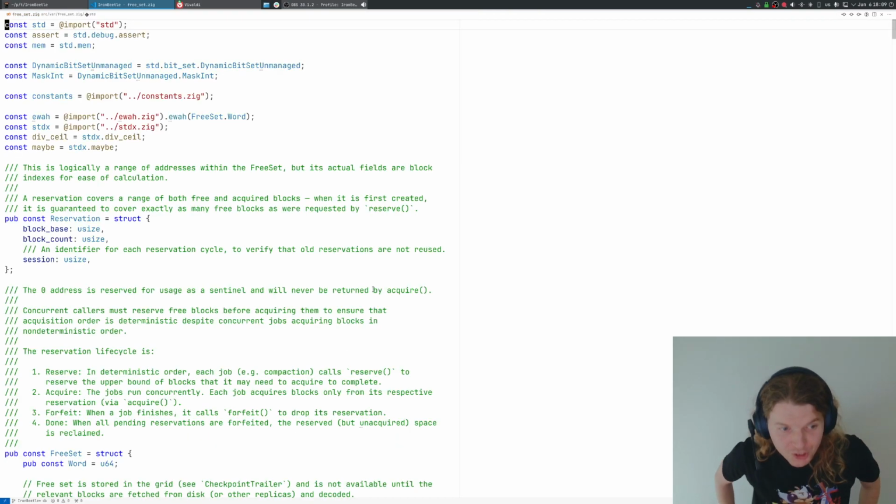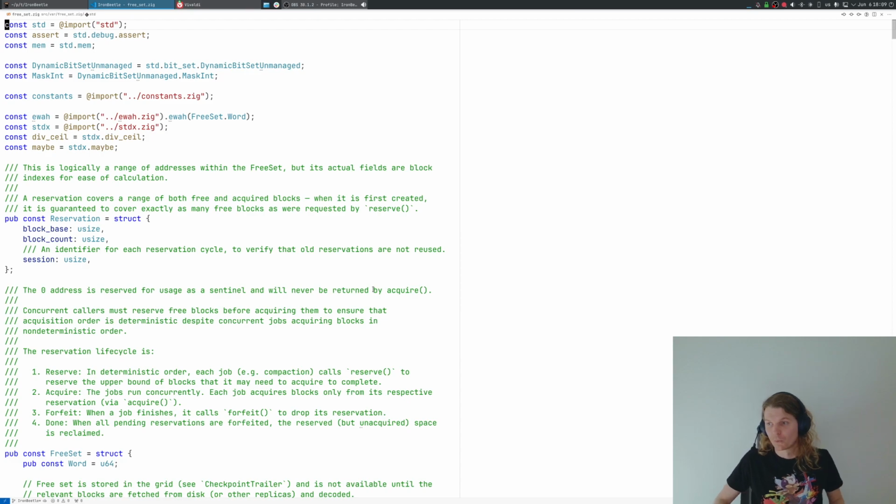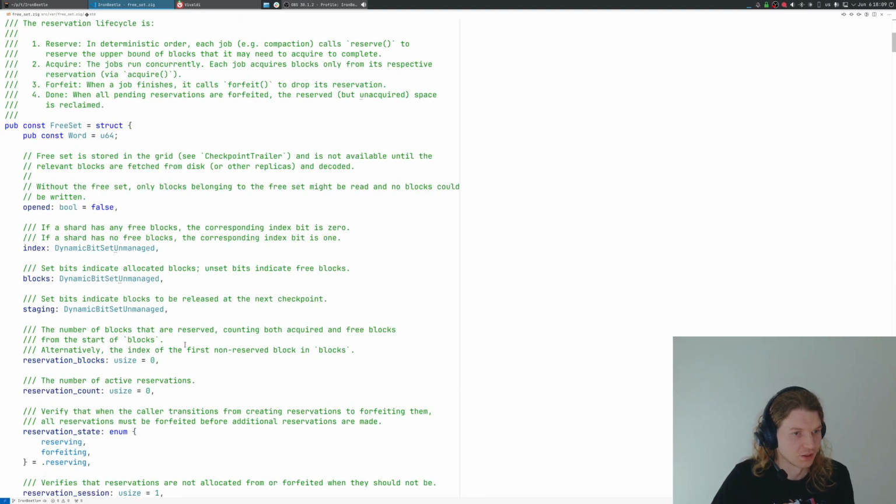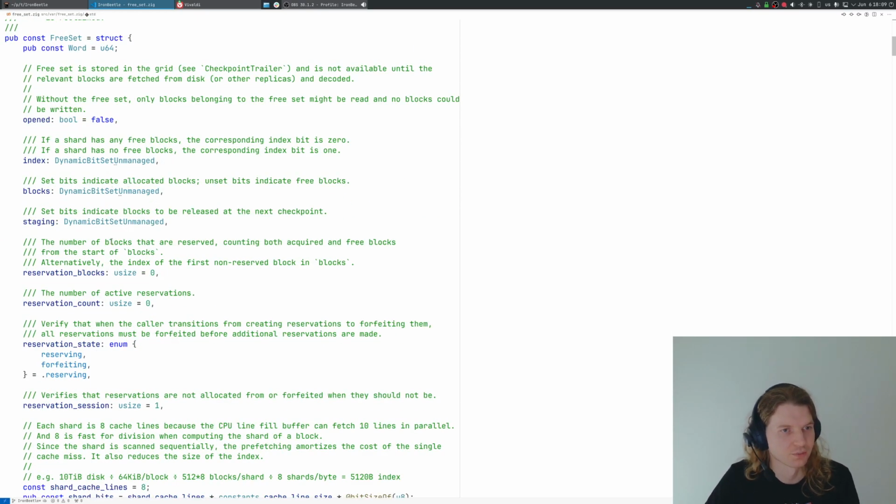FreeSet. FreeSet is a data structure which allows allocating the blocks. Internally, it stores the actual